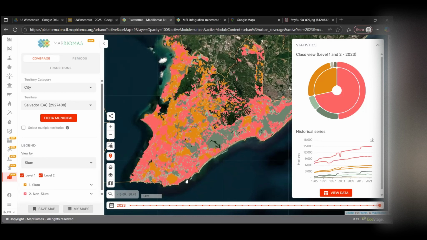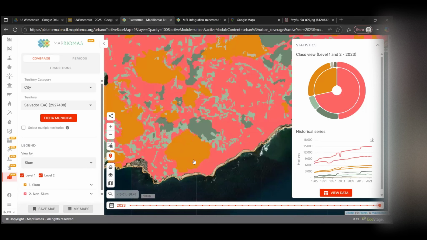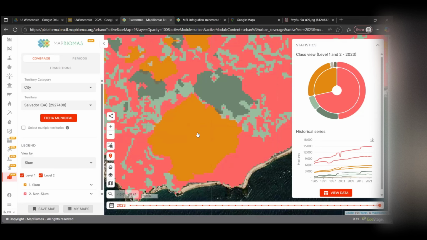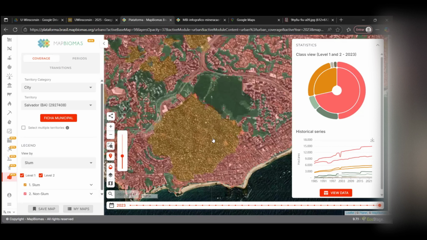And if you zoom in, this is a very well-known slum. I went there several times, every week, making field work here. It is called Vale das Pedrinhas, right? A huge slum in Salvador. And to analyze it a little bit better, the first approach that I use with my students is: how do we know that this is different from the rest of the city? How did the computer learn the difference from this satellite perspective? The easiest way is to use the opacity. So I will apply a little bit of opacity, and then you can visually understand what is the difference between this area and this area.